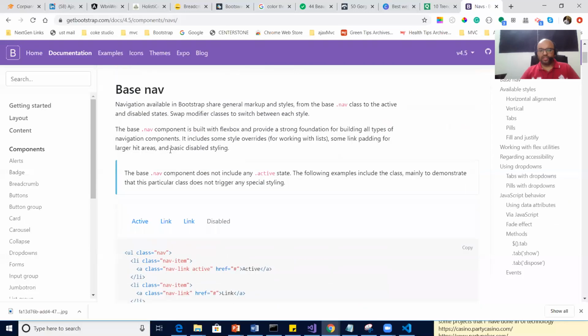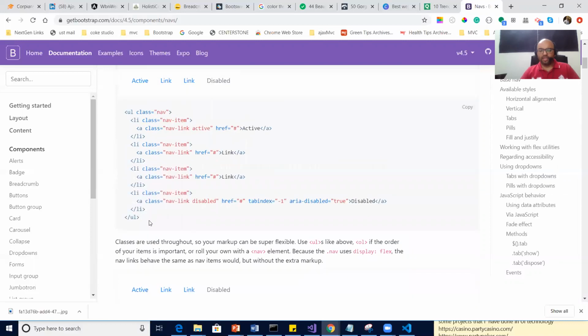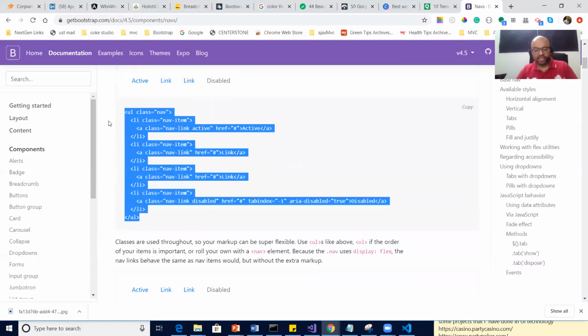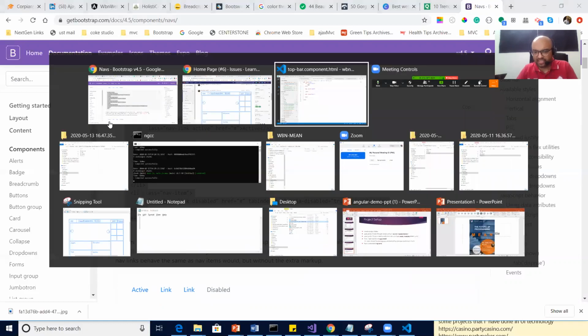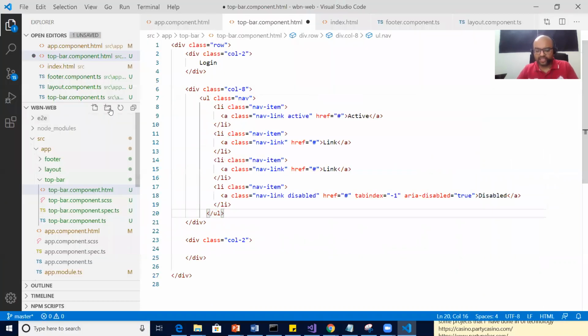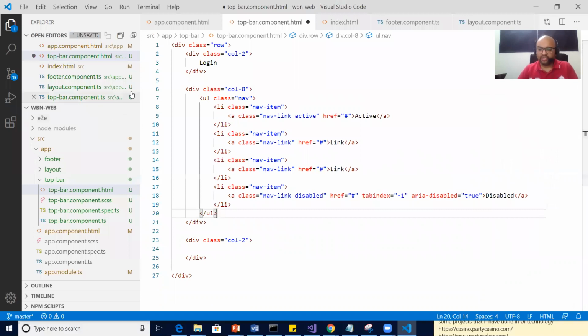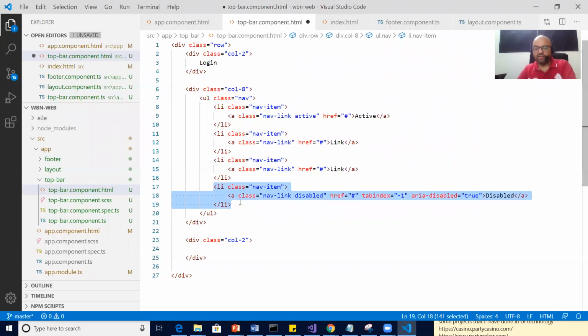It's CSS. We are not going to take any JavaScript from here, only the styles. Bootstrap styles. Whatever is not required, let's remove it. We don't need this tab index and all these things. Disabled, in fact, we don't need this link also.